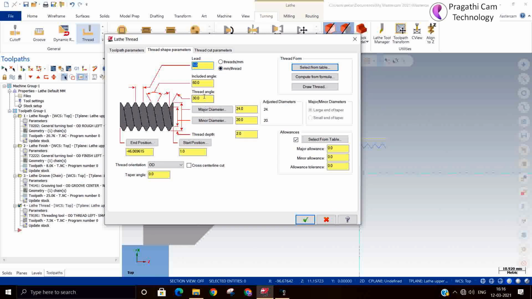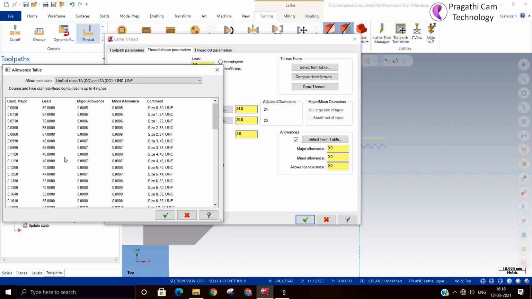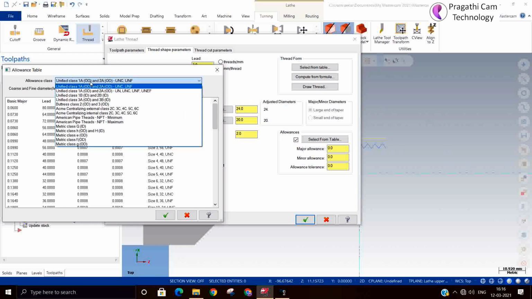If you know the major axis, minor axis and all the data, you can directly give it from here. There is no issue. Even if any allowances are there, we can directly select those from the table. So you can select metric thread OD.